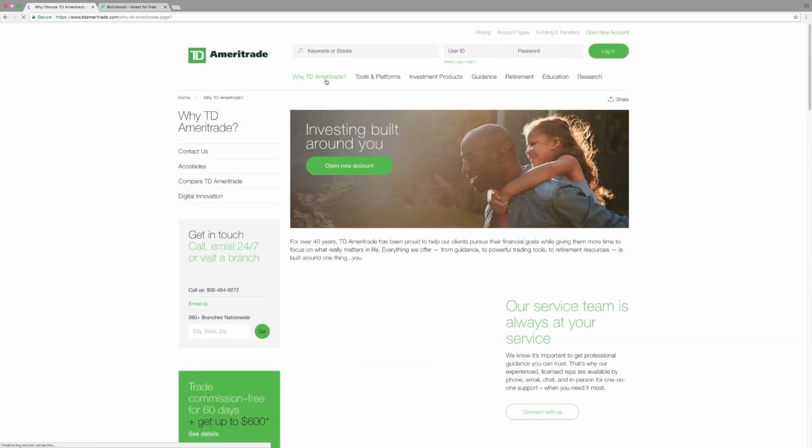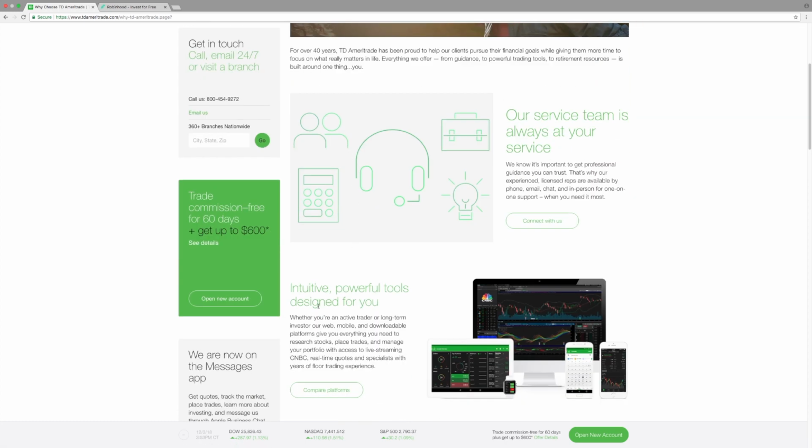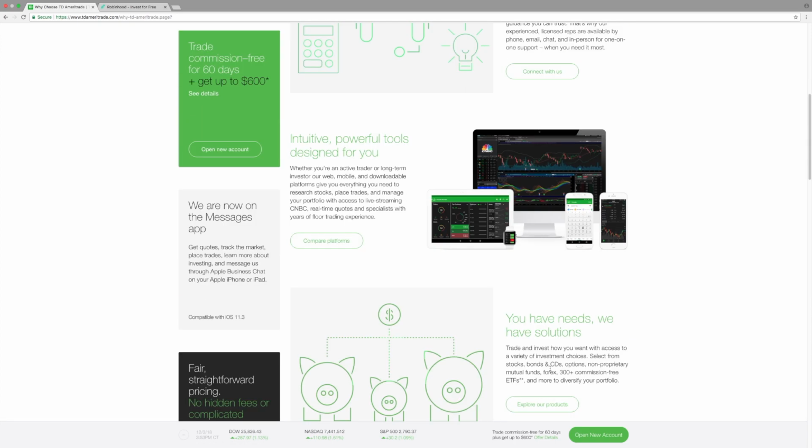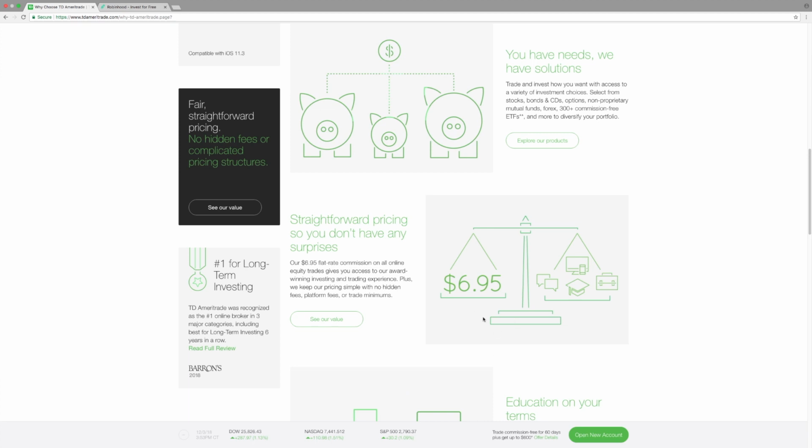And let's see, if we go here, why TD Ameritrade? As you see, they have good, powerful software. This is the thinkorswim software, where you could have a lot of good indicators and all the good data that you could use to make a better judgment on your trades. Also, it is right here, $6.95 commission on every trade. You buy one share, or it depends how many you buy. You could buy 50, it's still $6.95, and when you sell those 50, it's another $6.95 commission. So that's the bad part. But if you put $3,000 in the first place, you get $600 of free commission